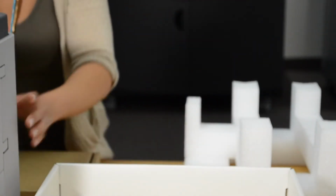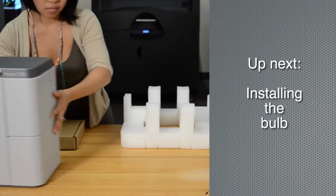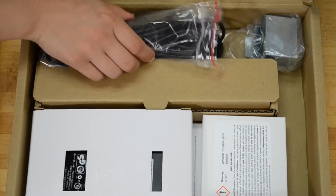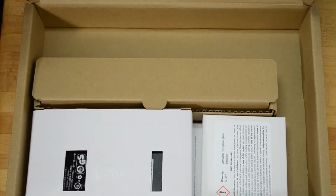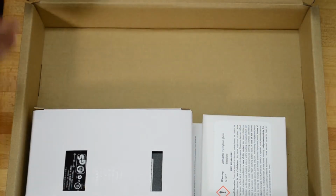Remove the printer from the box. Be very careful. There, now you're ready to install the bulb. Open the accessories box and remove the USB cable, the print platform, the curing bulb, the power supply,